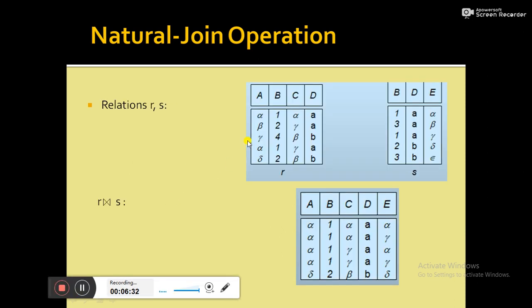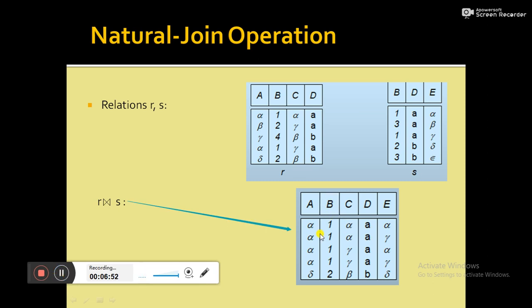Take another example of natural join operation. Suppose relation R and S. This is relation R with attributes A, B, C, D. S is another relation, with attributes B, D, E. This is the tuple set, or record set. Now if we do R natural join S,